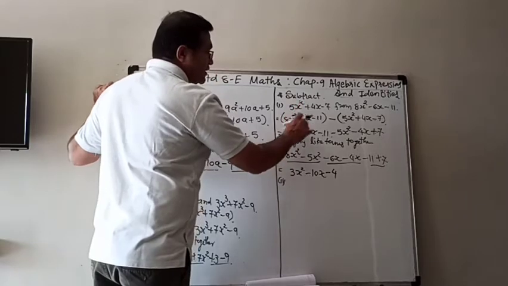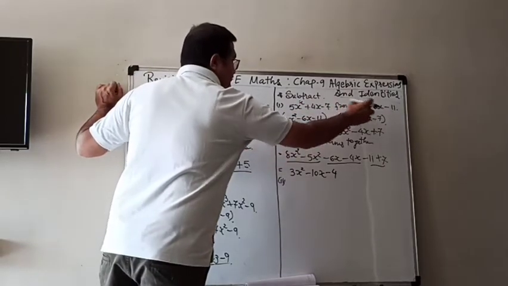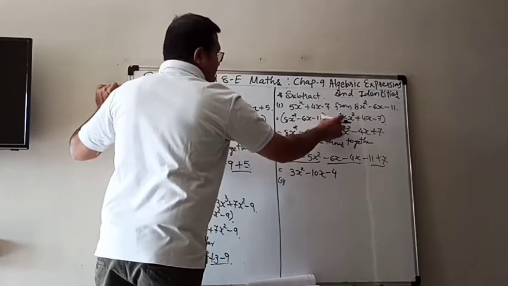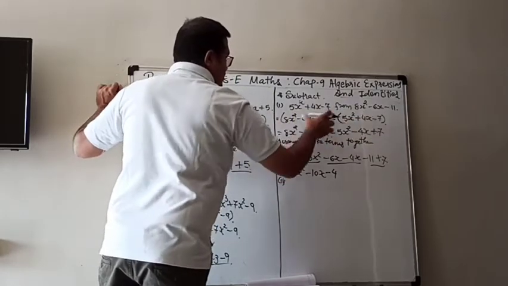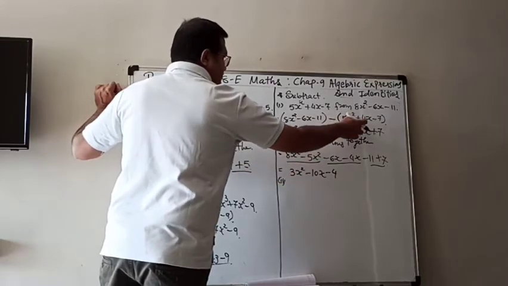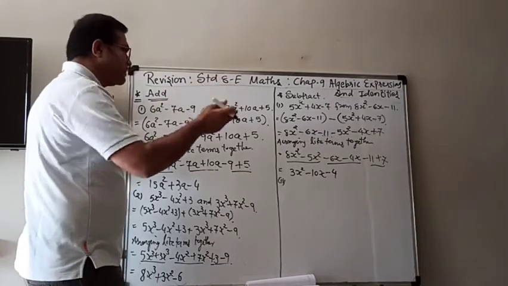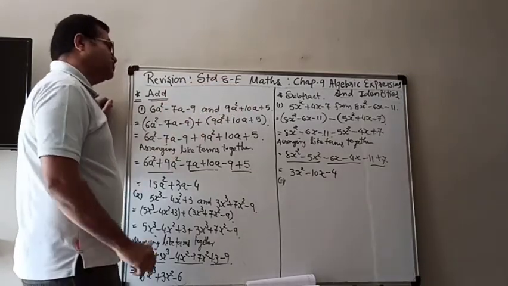Let me explain again. As I told you, in the algebraic expression having from, what is after from is taken as first, and then minus the first expression. Opening the bracket, the first will be same, but in the second bracket, the sign will be changed, the bracket will be removed, and then same like the addition.